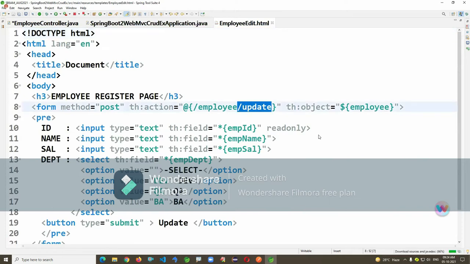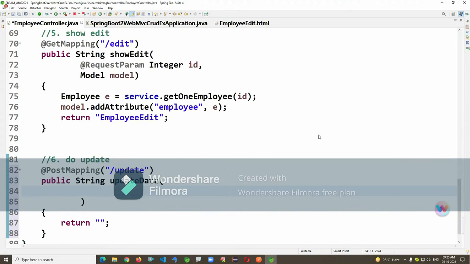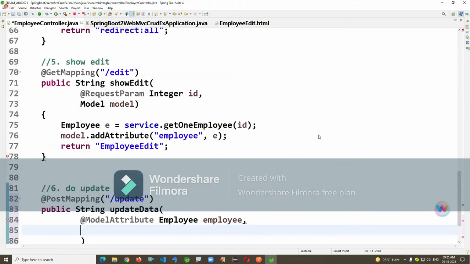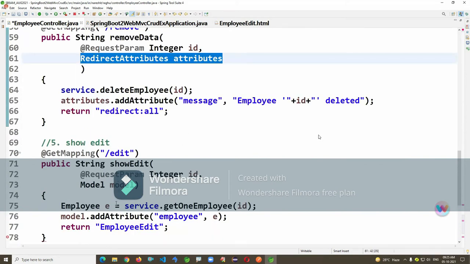Read form data by using @ModelAttribute, class name, object name. On success, redirect to all, using RedirectAttributes.